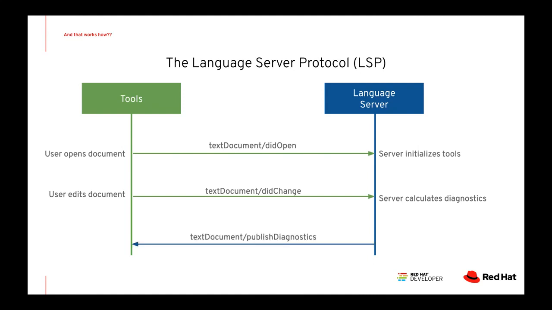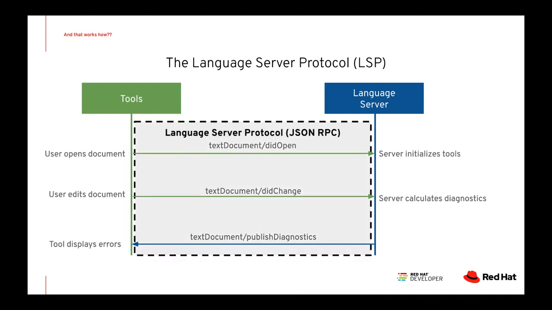It pushes the feedback back to the IDE where it's presented in the UI. And then any errors or suggestions would be displayed. That part in the middle is the JSON RPC for the language server protocol. That's the standardized thing. So then you build the language server based on that.